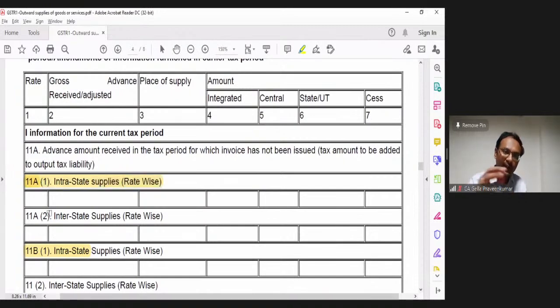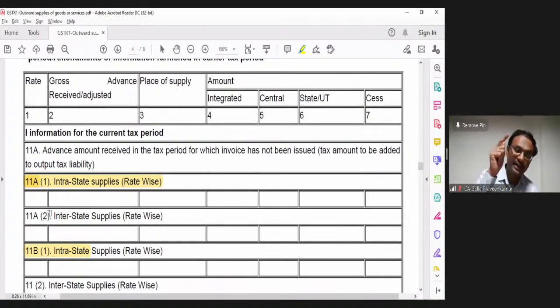How do you audit this particular data? What you will do, you will take the data of your sundry debtors. You will pick the information of my customers during the particular month. Is there any advance received during that month from a particular customer? You will maintain a register called advances. For all the money received during a month, was it against a bill, or was it an advance? The moment it is an advance, I'll ask, was it for goods, was it for services?